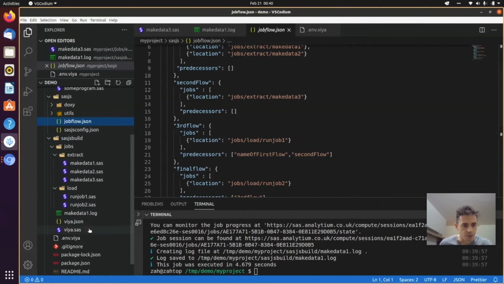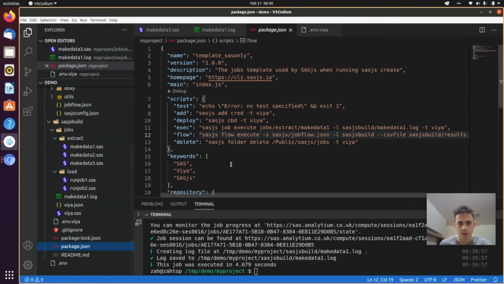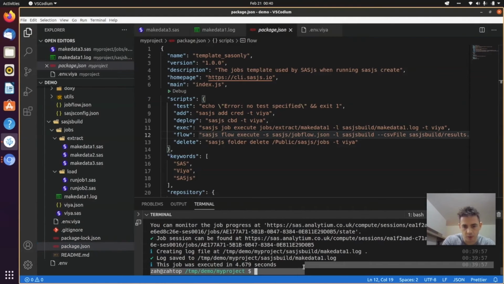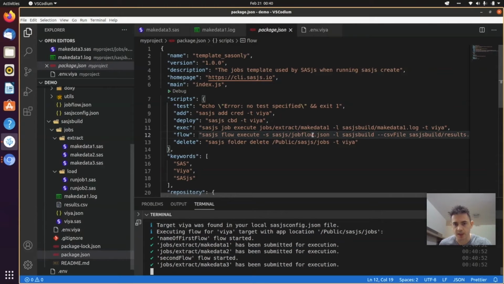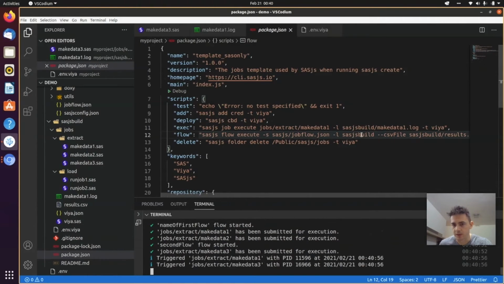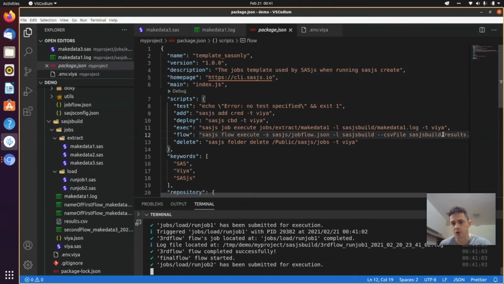The syntax for running that is, again, in the package JSON file, but I'm not going to write it out. I'm just going to run npm run flow, which here you can see is an alias for Sass.js flow execute, and then S for source, which is the source JSON with the flow definition. The logs will all go to this folder, and it will also create a CSV file which will show the status of each job and the results.